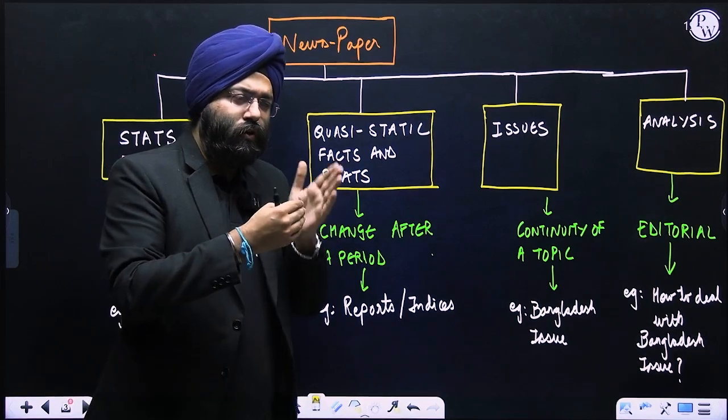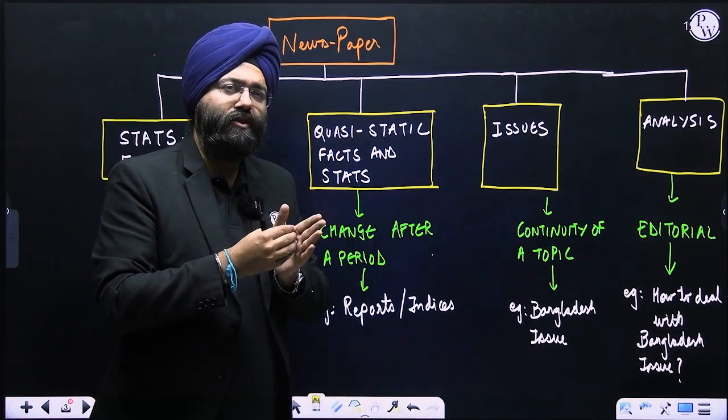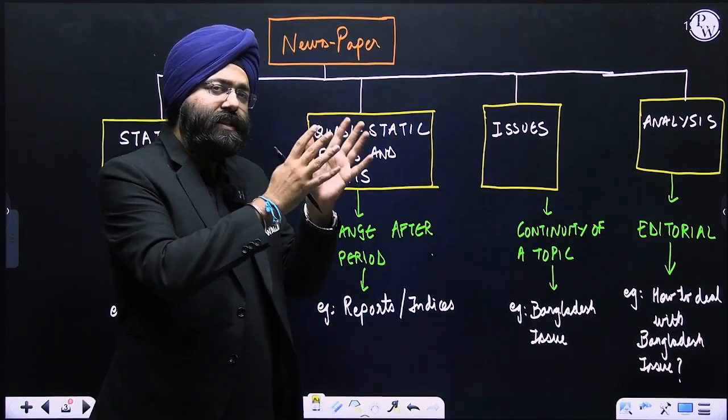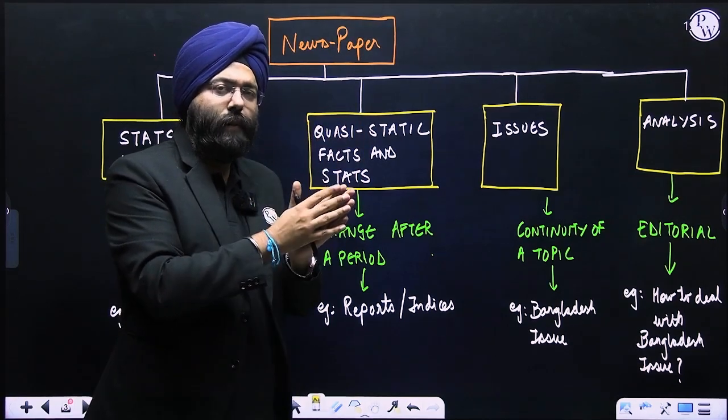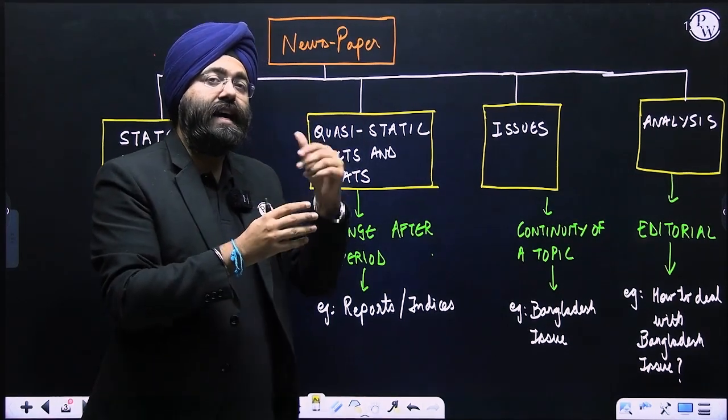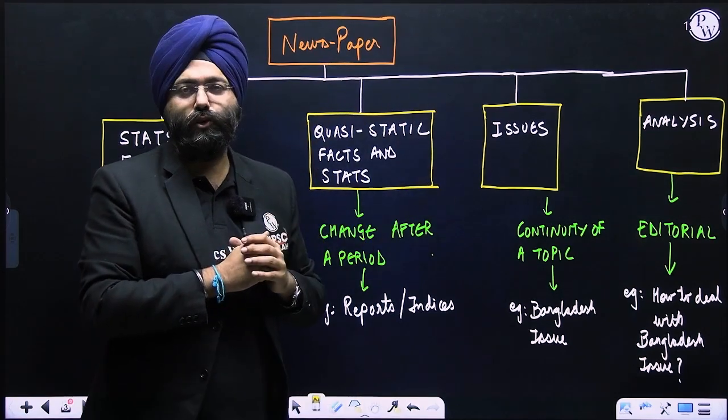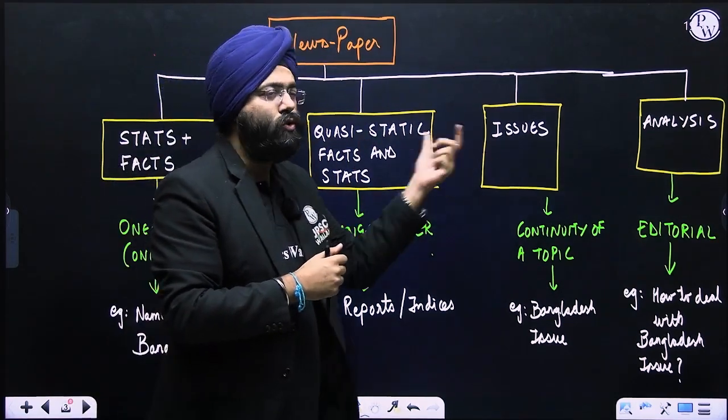When you read through the various pages of the newspapers, you will see, first, in one sense, certain information would be given, like certain crises has happened, certain new developments have happened. In the editorial, you might find a deep analysis of that particular issue. So those things are the issues that are there.